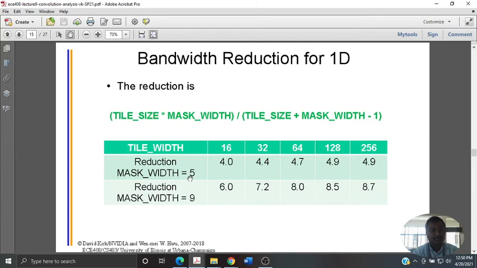Say with respect to mask width 5, I am just observing this data as such. It is increasing 4.0, 4.4, 4.7, 4.9. So then it is somewhere becoming static or stagnated, even with 9 as a mask width. So it is somewhere stagnating. So you can just go ahead with a few more numbers, or if you are doing some simulations, then can you justify whether it's a linear improvement, or say square, log, whatever kind of scaling is happening with respect to the output tile width.